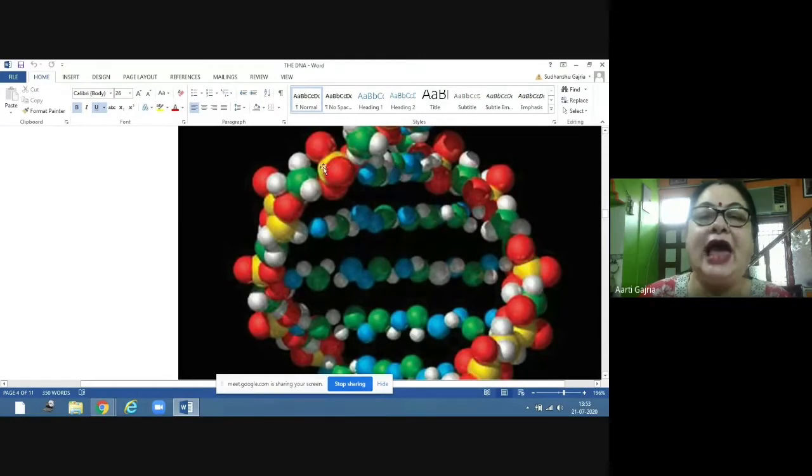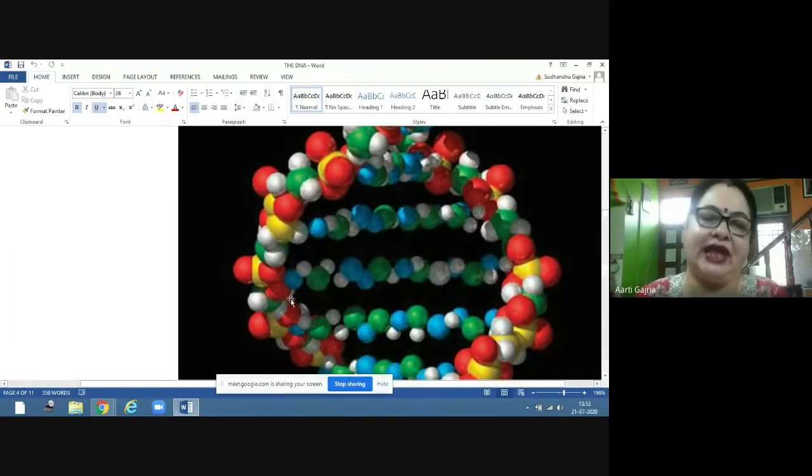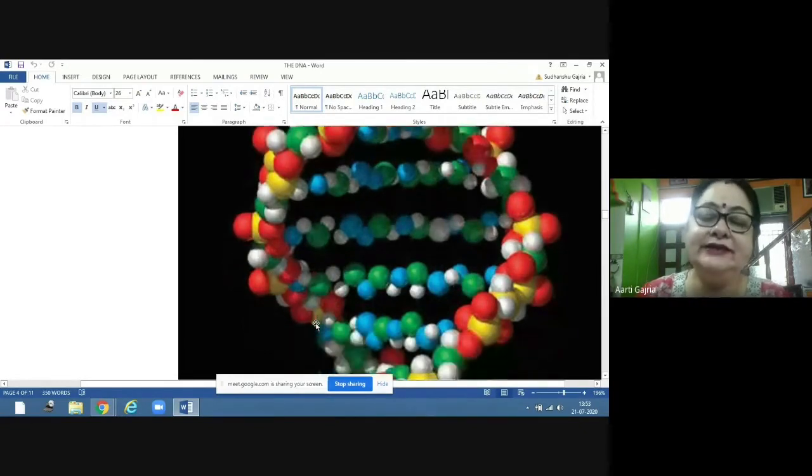It's a double helix structure, having these things in between. It's like a staircase. These are the backbones and these are the stairs in it. So you can compare this structure with the staircase where you are having the railings and you are having the steps. So DNA looks like this. There are two strands, double helix, and these strands are curved, highly coiled, and these are the structures which look like steps.